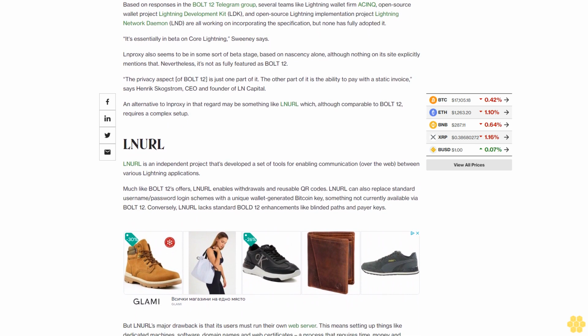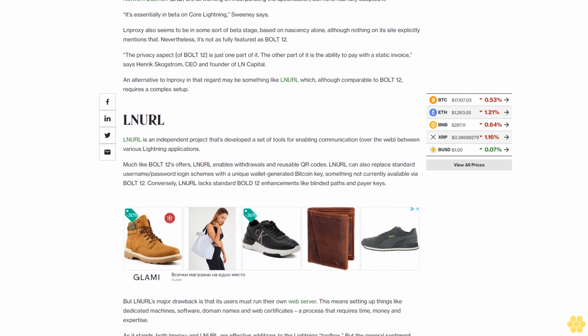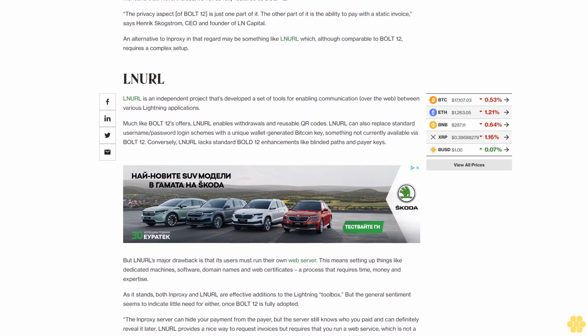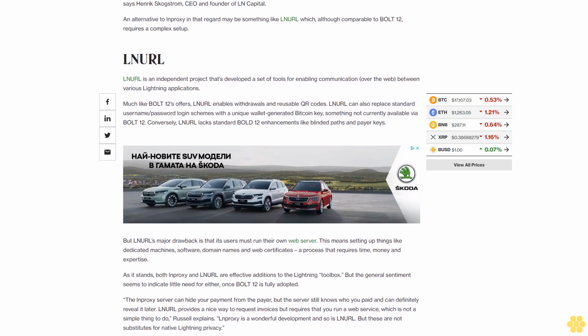LNURL. LNURL is an independent project that's developed a set of tools for enabling communication, over the web, between various Lightning applications. Much like Bolt 12's offers, LNURL enables withdrawals and reusable QR codes. LNURL can also replace standard username/password login schemes with a unique wallet-generated Bitcoin key, something not currently available via Bolt 12. Conversely, LNURL lacks standard Bolt 12 enhancements like blinded paths and payer keys. But LNURL's major drawback is that its users must run their own web server. This means setting up things like dedicated machines, software, domain names and web certificates, a process that requires time, money